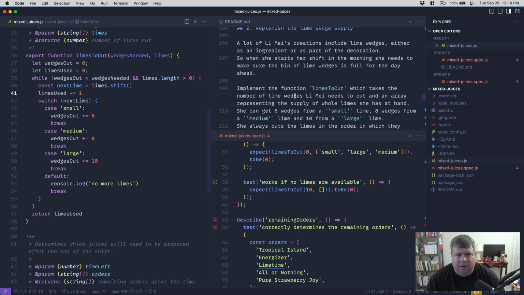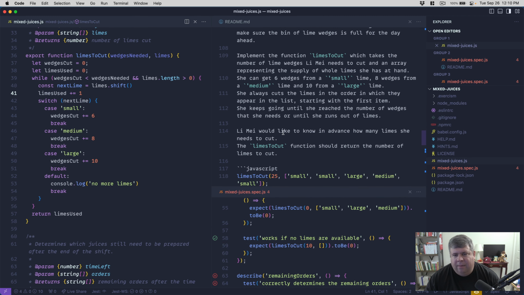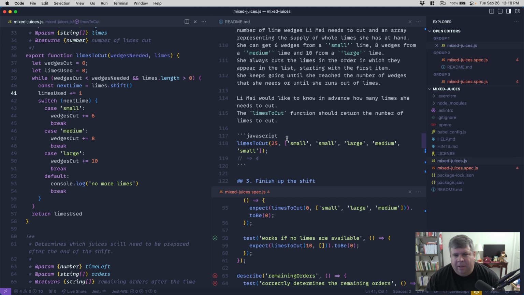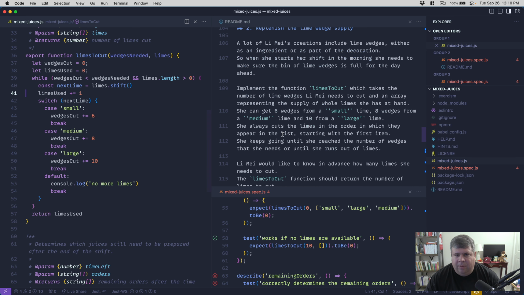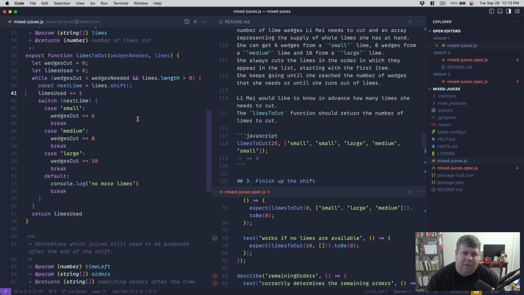Yeah, I wasn't sure, because in the description they didn't really talk about the edge case of when they run out of limes, so I wasn't really writing code to prepare for that, although it totally makes sense. Yeah, and this should never happen. This is more of like console log error. Attempted